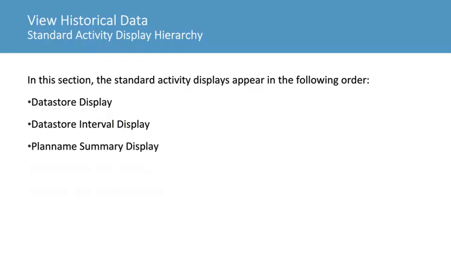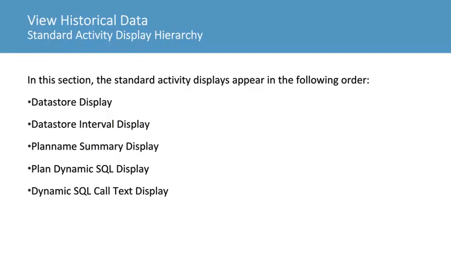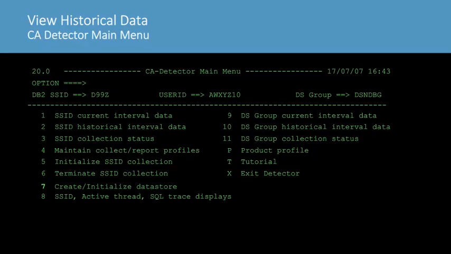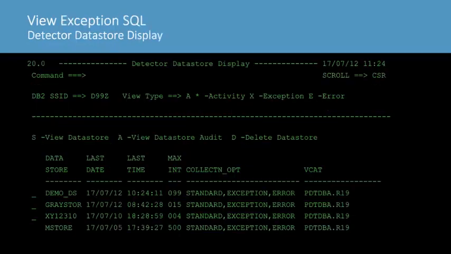The plan name summary display shows the plans that ran during the interval. The plan dynamic SQL display shows the dynamic SQL that ran under the plan. And the dynamic SQL call text display shows the dynamic SQL call text for the select statement. To view historical interval data, we'll type 2 at the option prompt. The detector data store display appears, showing the data stores for the subsystem ID. We'll type S in the line command field for the mstore data store and press Enter to view the intervals